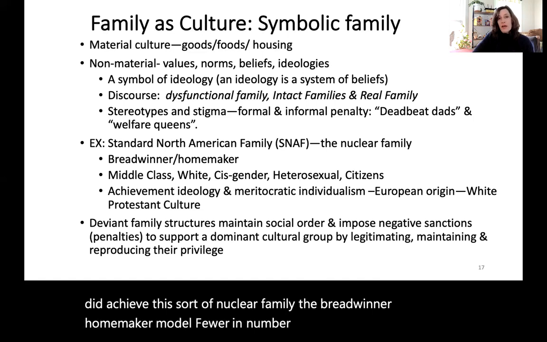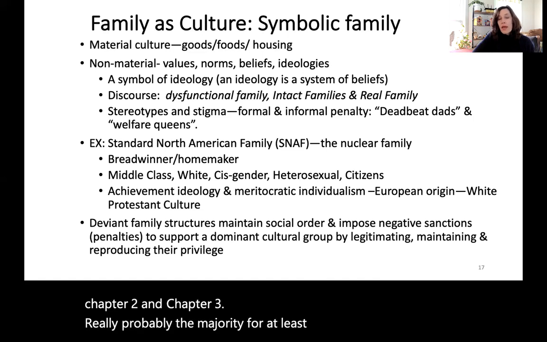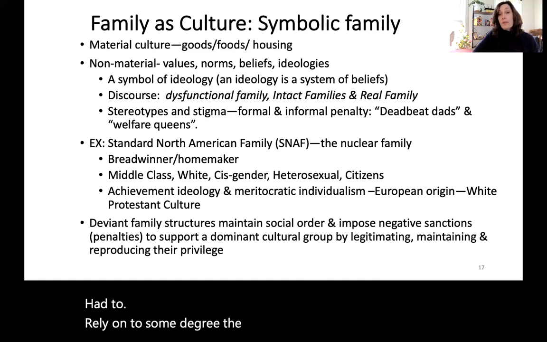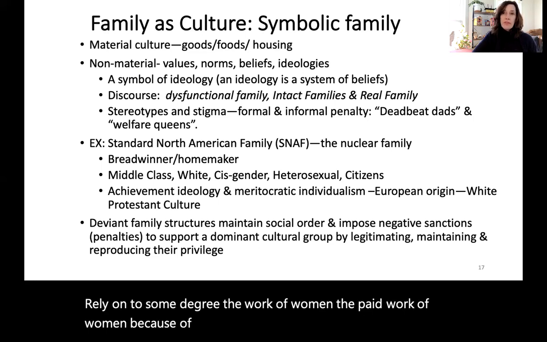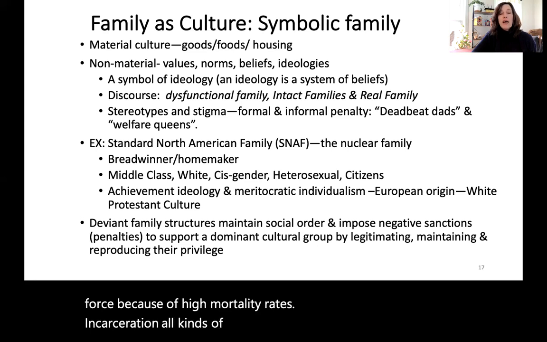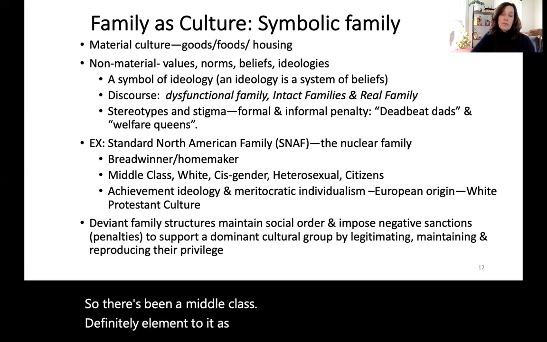And many, and this will be chapter 2 and chapter 3, really probably the majority for at least a long time, had to rely on, to some degree, the work of women, the paid work of women, because of discrimination that men faced in the labor force, because of high mortality rates, incarceration, all kinds of things, poverty. So there's been a middle class element to it,